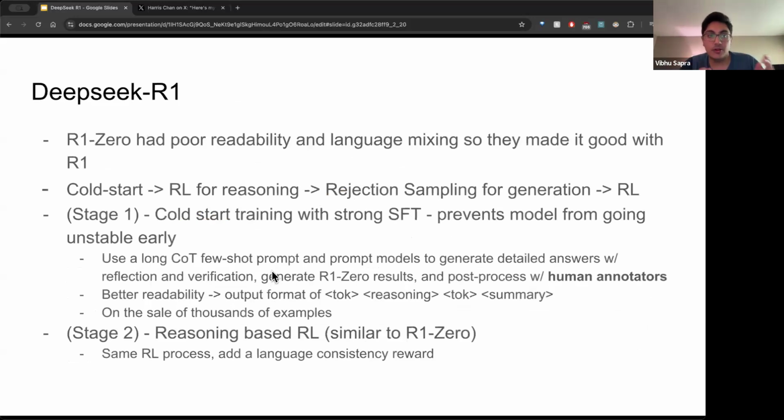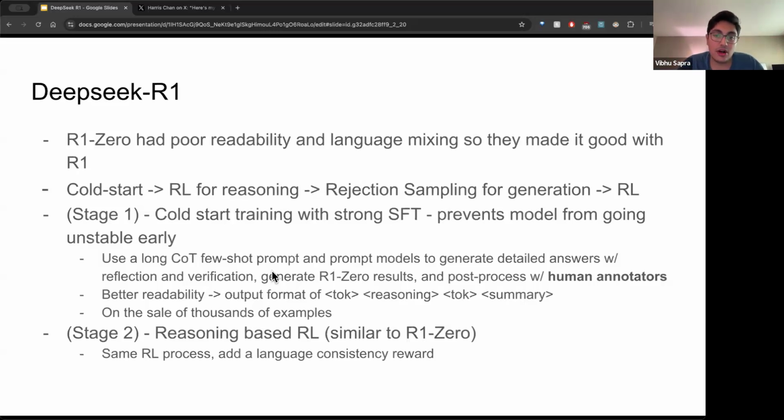What are the problems with R1-Zero? R1-Zero had poor readability. It also had a lot of language mixing. I'll make a note of this later in the section, and I think we should discuss it. They kept talking about language mixing. They keep talking about how a problem with this model is that it mixes up languages. It goes between English and Chinese, and it's not good at fixing what language it should be. And this is also a problem with the real R1. They weren't able to solve this too well.